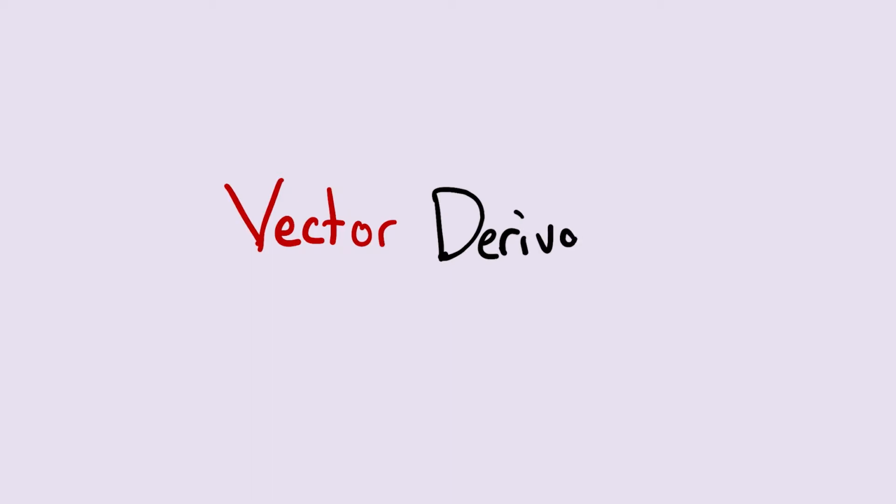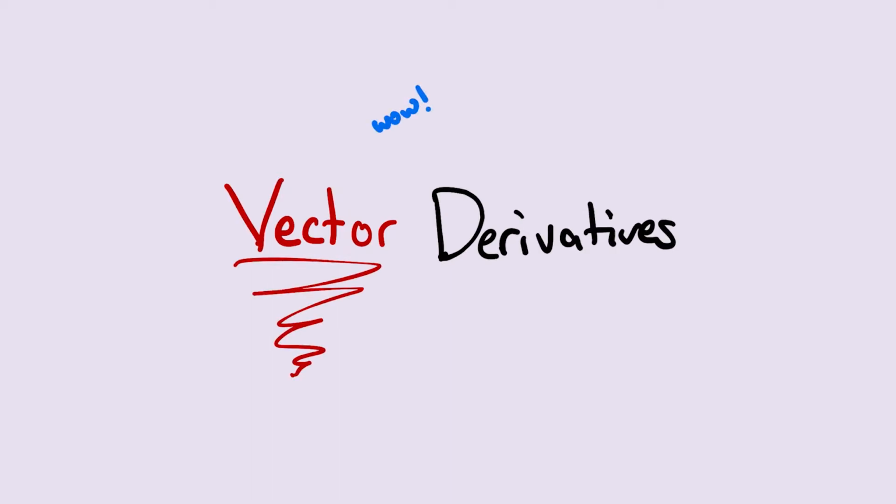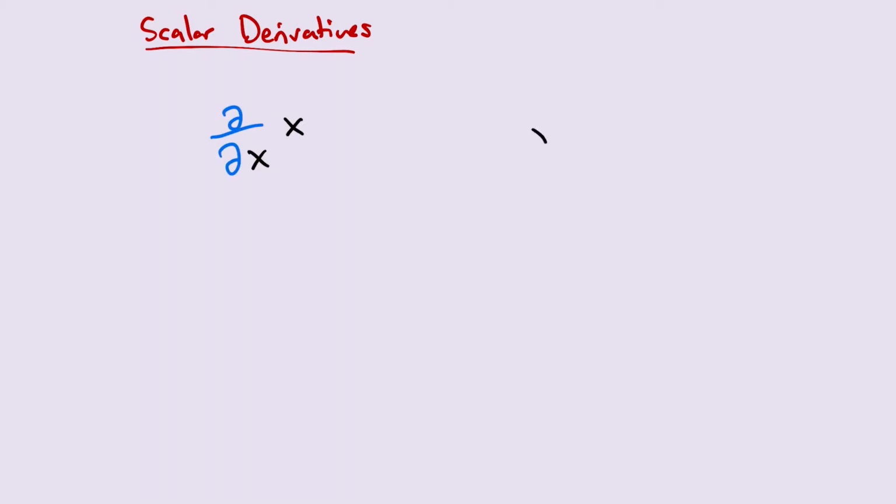So you stumbled upon this video, and now you're looking at the title card, and now you're reading the description, and you're thinking, what exactly is a vector derivative? They didn't tell me about this? Well, it turns out that you can extend normal derivatives from the scalar field onto other more complicated fields, like